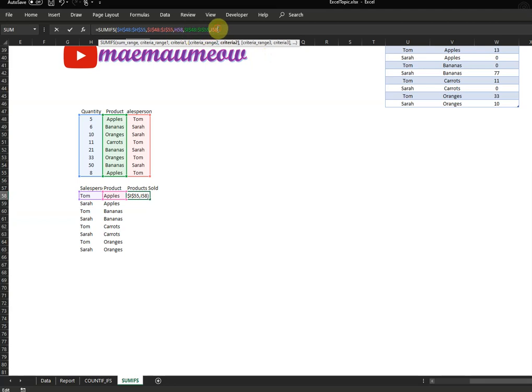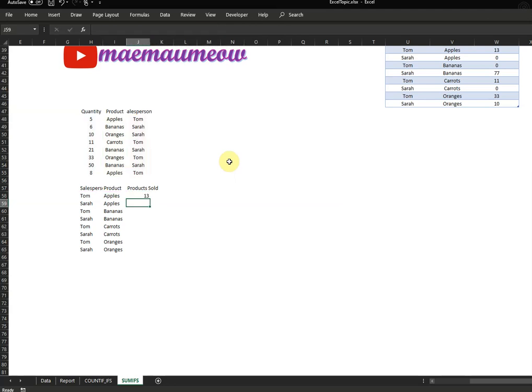And same goes with our criteria product: we will not lock it, for it to change as we move along to the next row. And then enter. Once we're done with that, we'll drag it. Just hover your mouse to the bottom part of the active cell, and the mouse will change to a cross, and then click and drag.